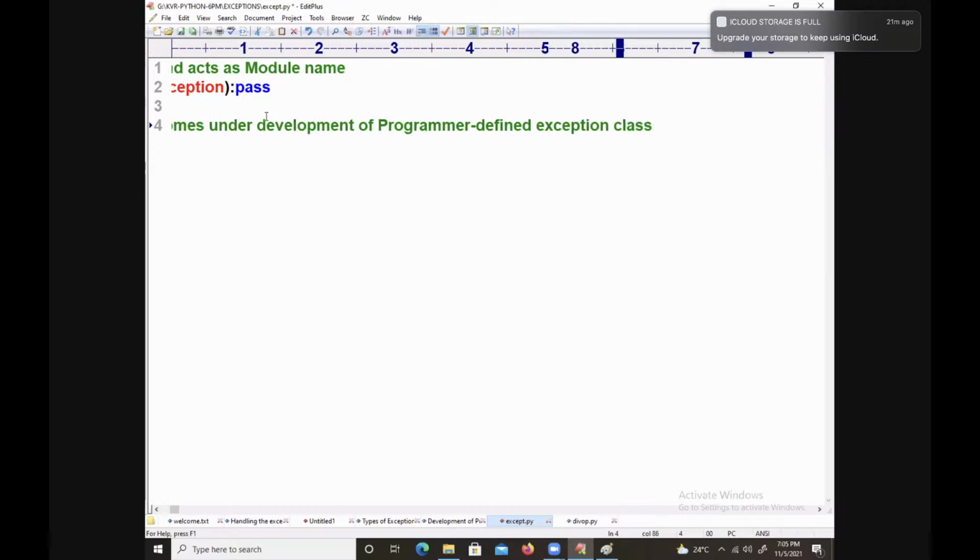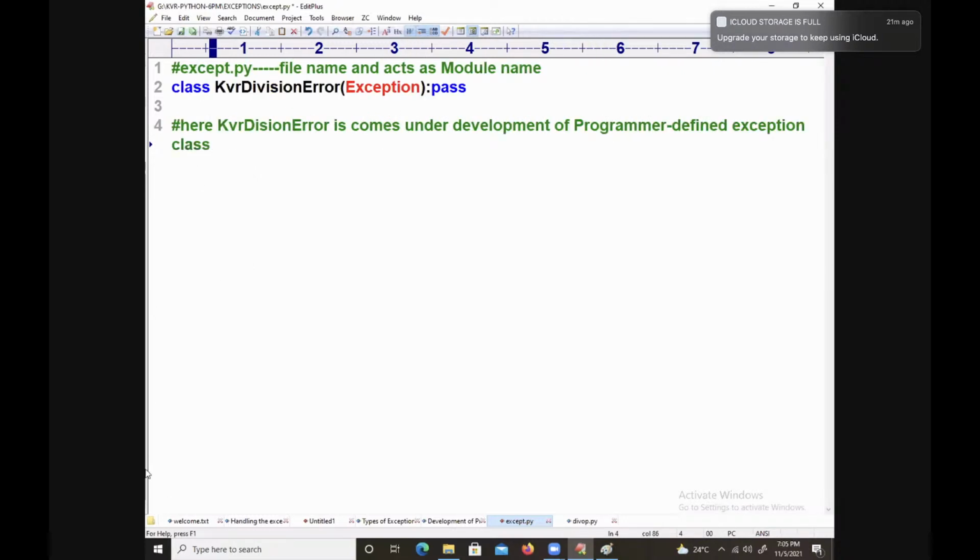Programmer defined exception class comes under development of programmer defined exception class. Okay, please mention this also in your notebook.